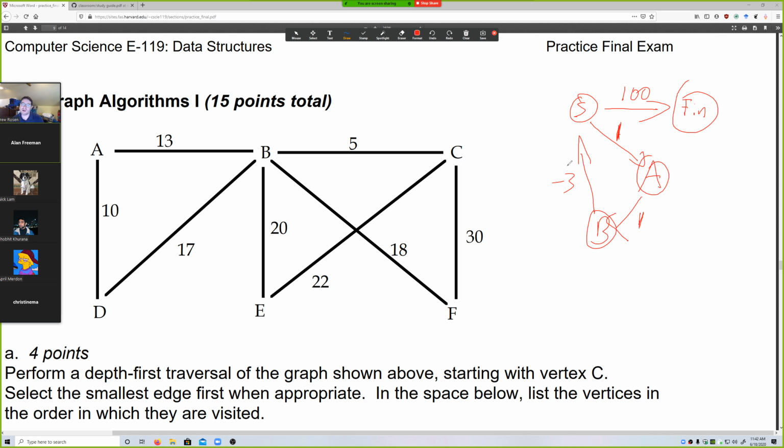So when you have a negative cycle like this, then Dijkstra's is going to fail. What context is a negative weight on an edge valid? Let's see. Like when you're, possibly if you're looking at fuel and possibly getting refueled,